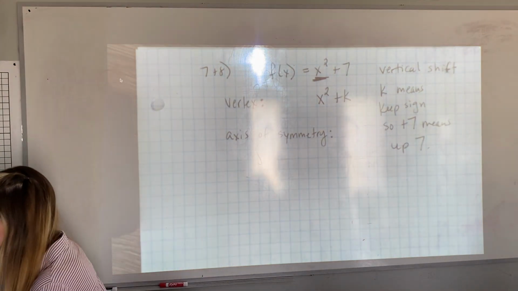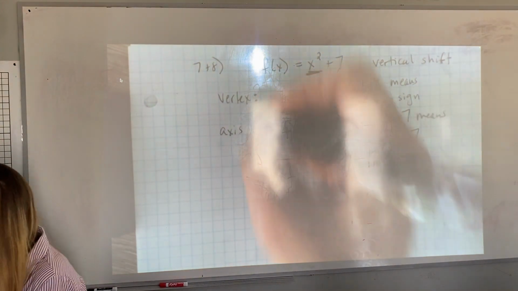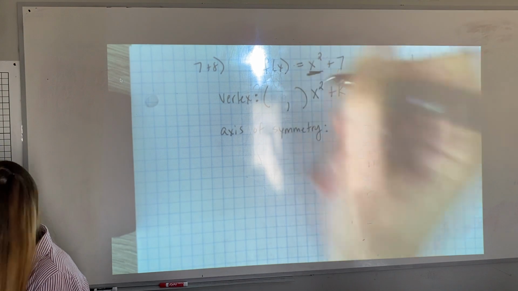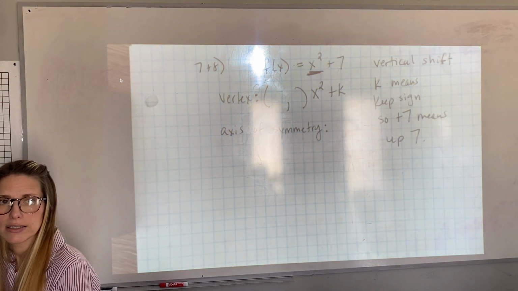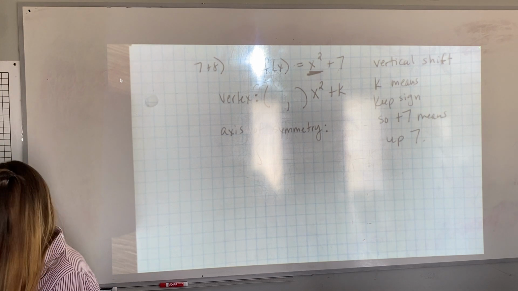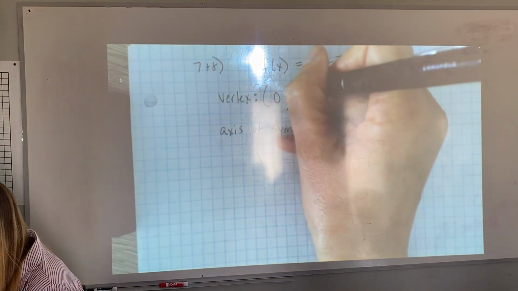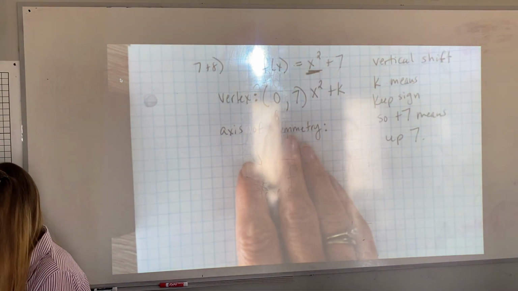Does that make sense? Now, if we're going to write the vertex, we need an entire coordinate pair. We need an x value and a y value. It's 0, 7, right? Very good. The x value is going to be 0 because